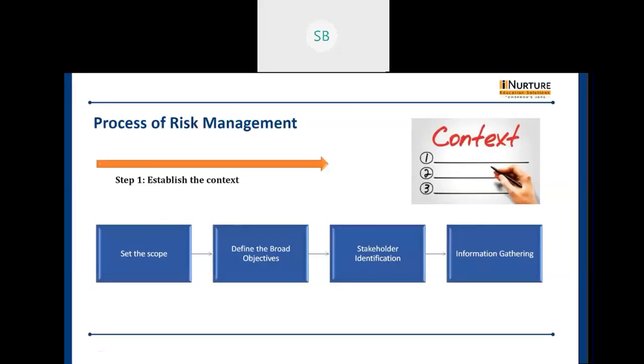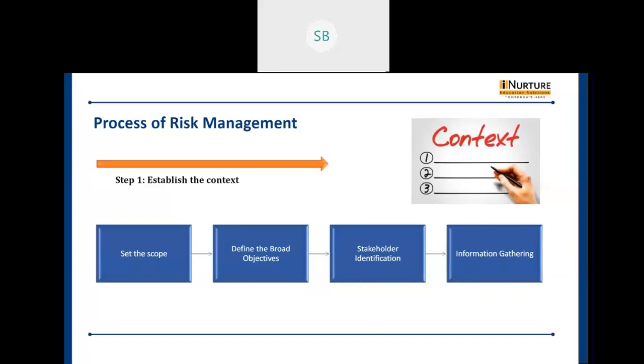So these were the first steps of risk management. I told you there is a 7 step process. We studied the first step, which is to establish the context. In that, there are a few steps. We need to first define the scope and the objectives, and then find out who the people are who have an interest in our organization, and inform them at every step from the beginning of a project.